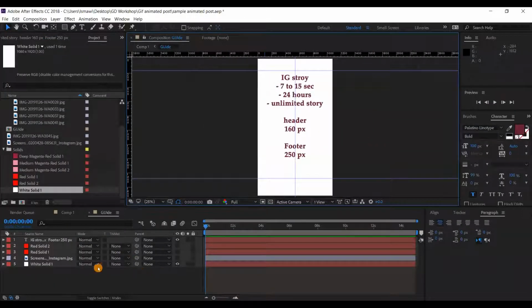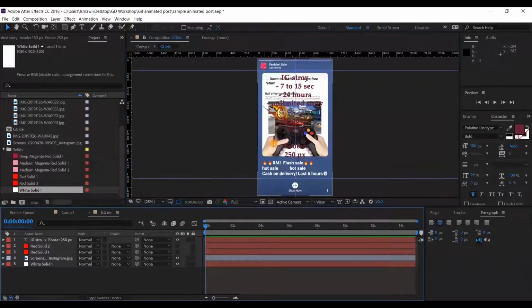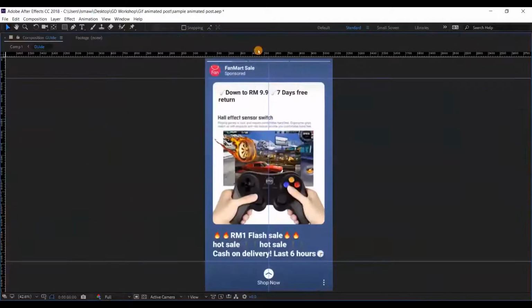If I show you a sample post, I'm going to hide the text. This is a sample IG story post. On top here is the header, where the system will generate our thumbnail, DP, and name. Then there is also a footer underneath for additional functions such as shop now, enroll now, contact now.